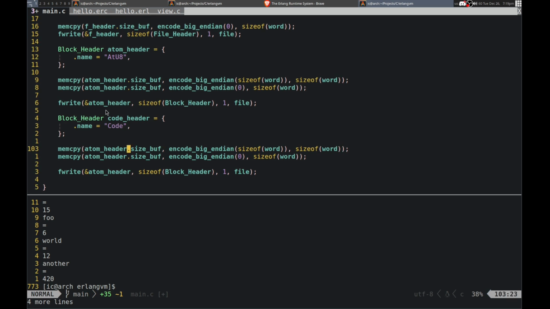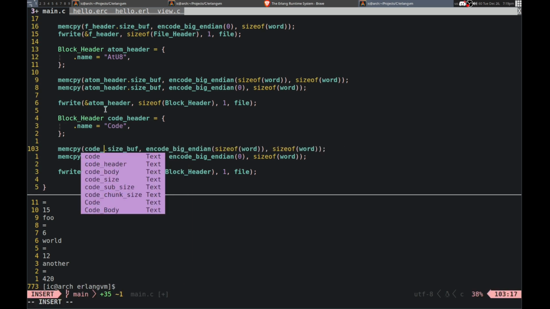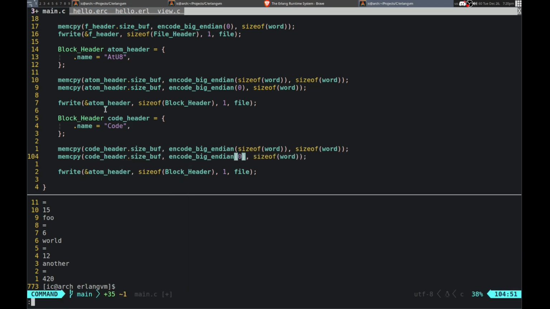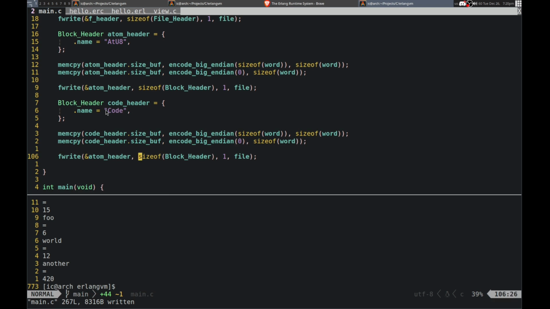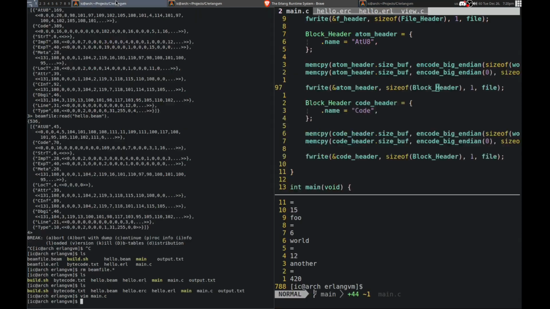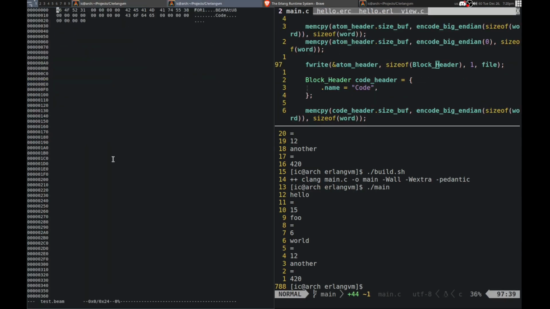Okay, size bar. So code header. Okay. Yeah, so I'll just write nothing for now. Just like this. But I do need to actually change it. So, let's see. Did that work? Yeah, we have code and then the stuff following it.